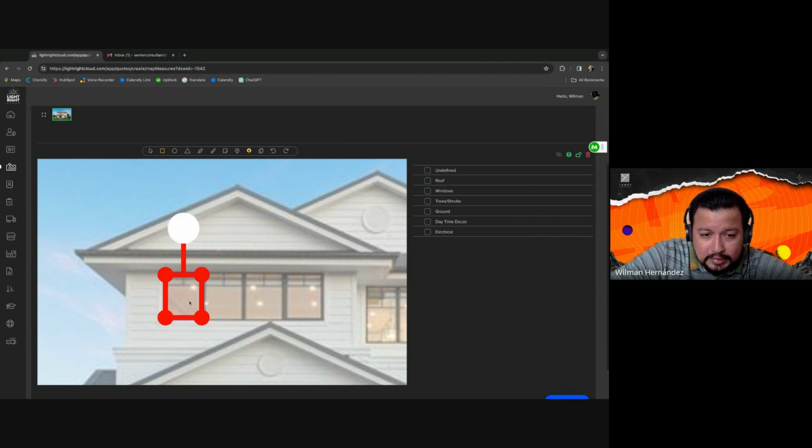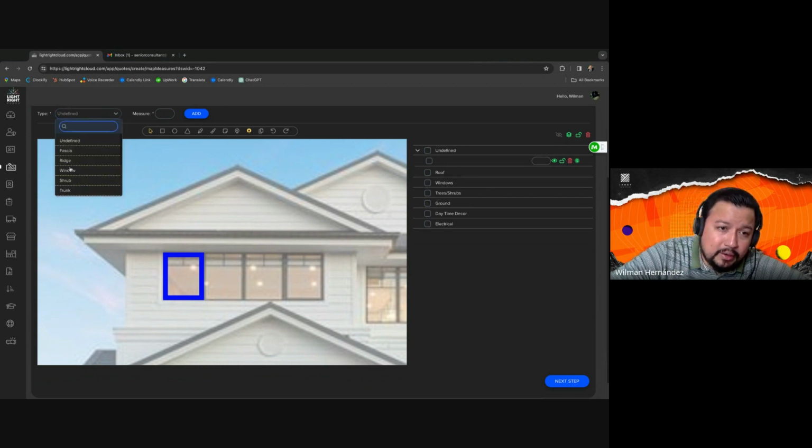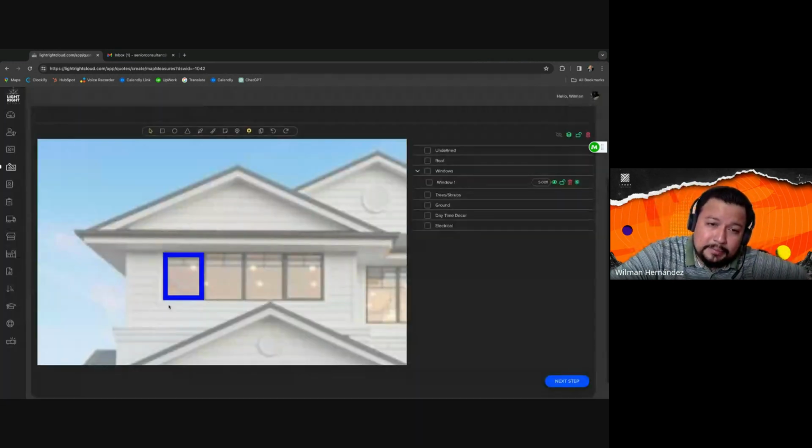If you notice, this is the first window I have decorated. I like the shape, it's right where it's supposed to be, so I'll click on it again, and I'll come to the arrow and save it. Like I mentioned, this pulls up the category and the measure of the item. So I'll choose a category for this item. This is a window, of course, and I'll add a measure. Let's say this is a 5 feet window, and I'll add it,